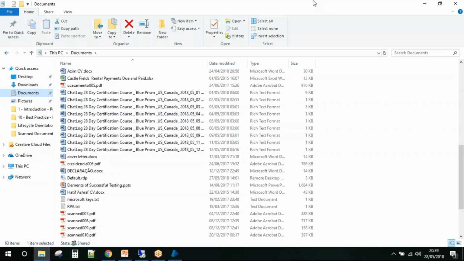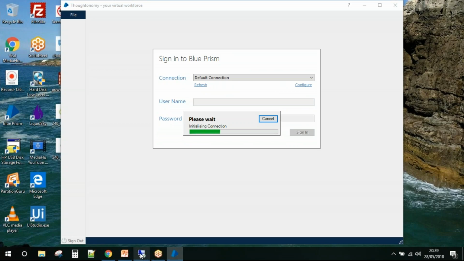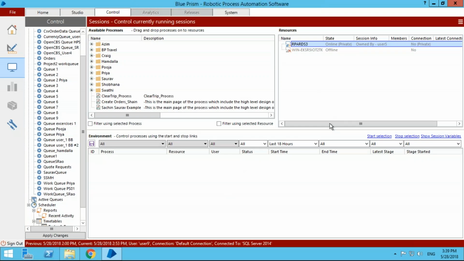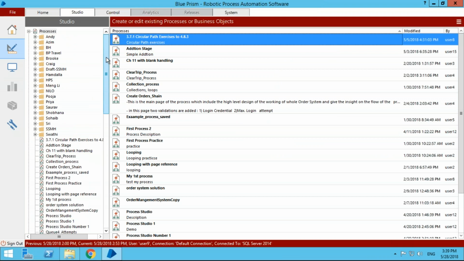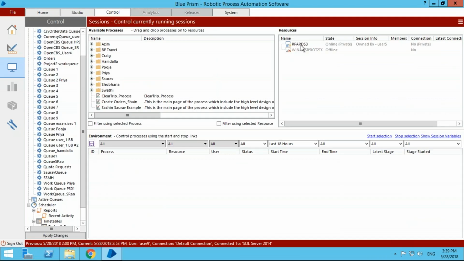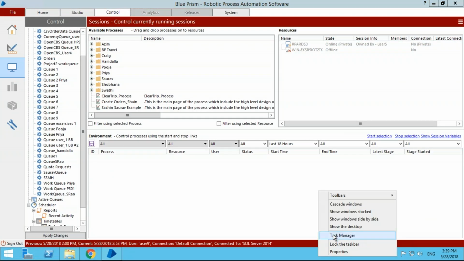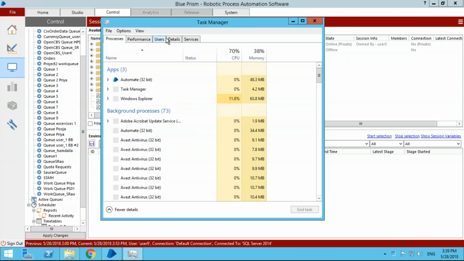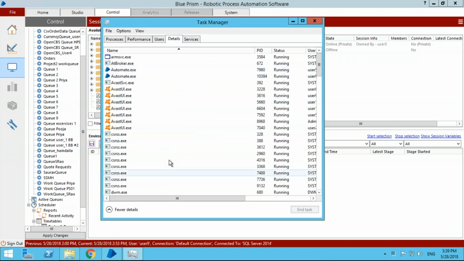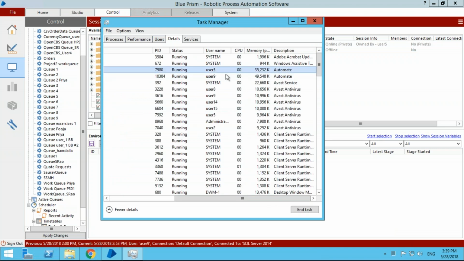Don't have it in here. Okay, I'm gonna have to do it in that environment, I'm afraid. Anyone is user 5? No? If you're not user 5, I'm gonna have to kick you out because I want to get control of the resource. Let's have a look. No one's user 5, right? Okay. Let's kick them out then.